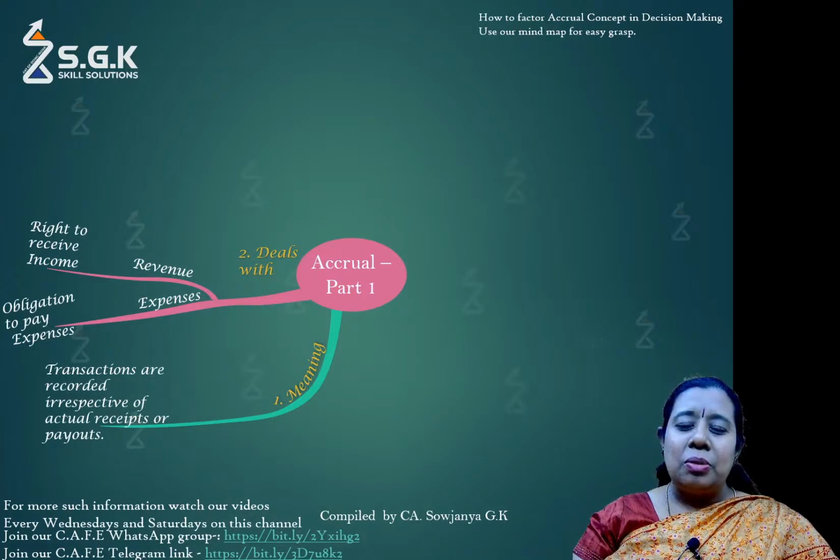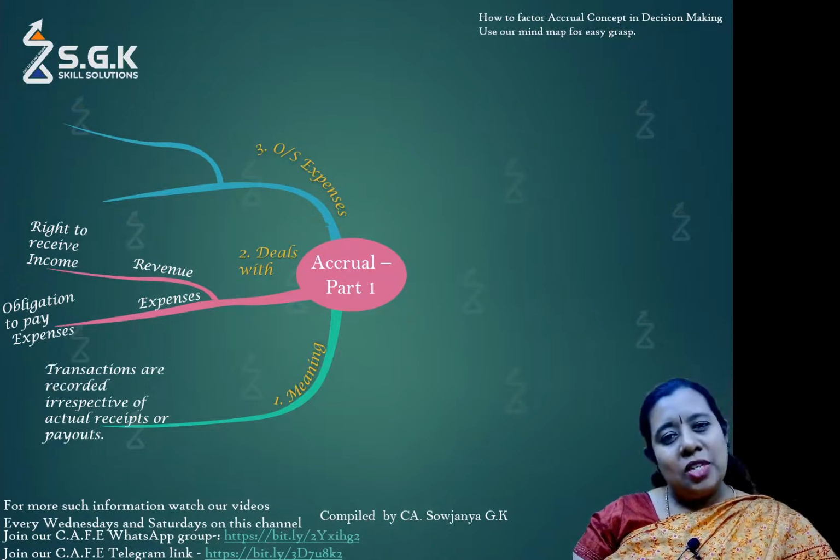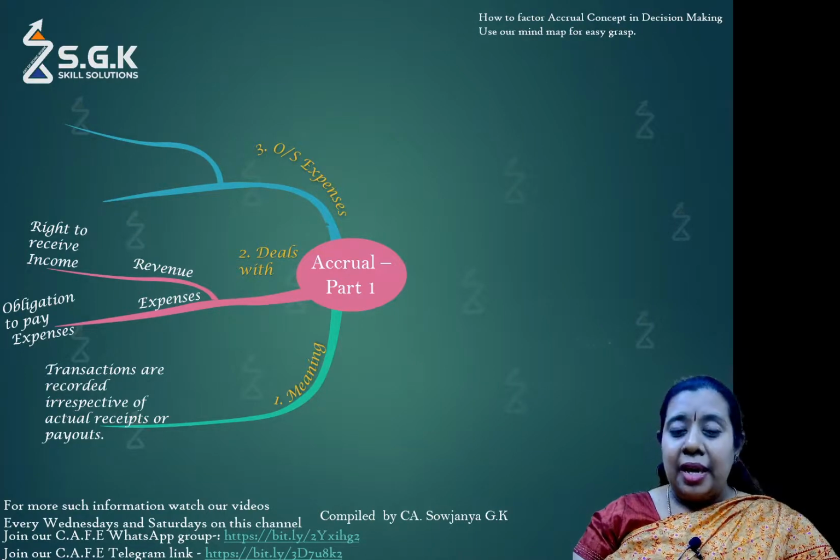After we've understood the meaning and the revenue and expenditure perspective of the concept, let's look at the first one. When we talk about accrual, we have to understand it from the perspective of expenses as well as income. In our Part 1 series, we would do a deep dive into the practical way of understanding the concept for expenses first. Let's begin with outstanding expenses.